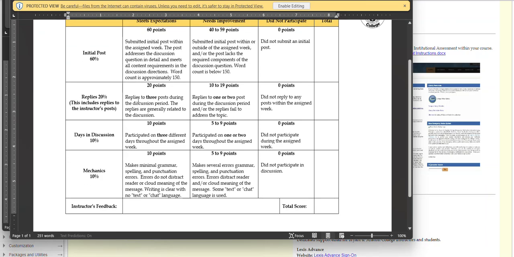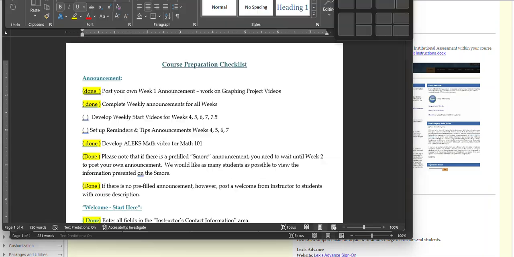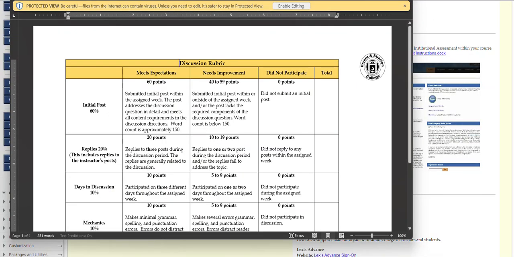Then also your replies: you have to reply to 3 discussion posts during the discussion week. So you want to reply either to myself and 2 other classmates, or to 3 classmates during the discussion week. That's very important. And the other thing is you need to reply over 3 different days. So if the week starts on a Monday and you do your initial post on Monday, then you want to reply over Tuesday, Wednesday, Thursday. Those are 3 separate days. Okay, so I just wanted to make sure that we reviewed the